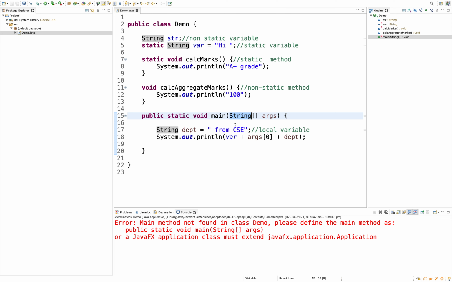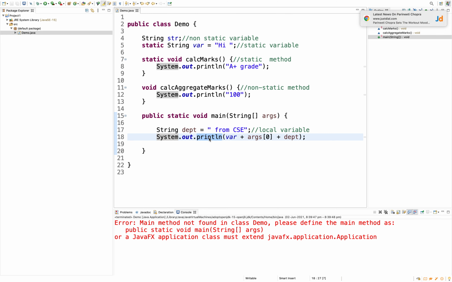Coming to the next thing, the print method. In Java we'll see many places where we'll be printing some value on the console. Most of the time it will be used for debugging purposes. Actually, it is not a proper way of debugging, but sometimes we'll rely on this. I'll tell you what this method call looks like.